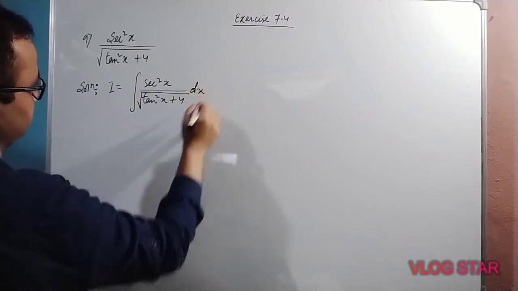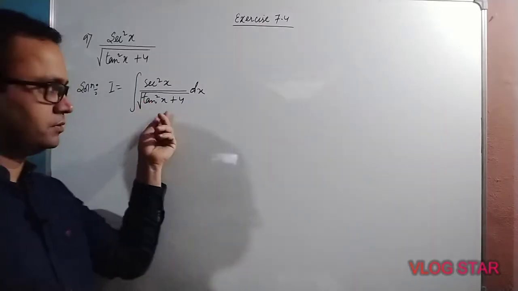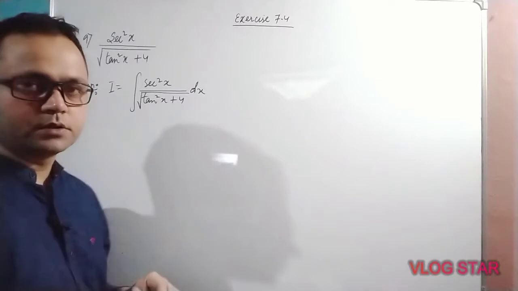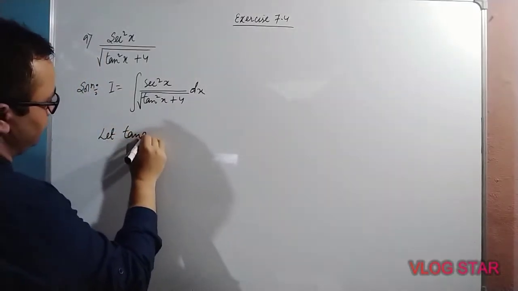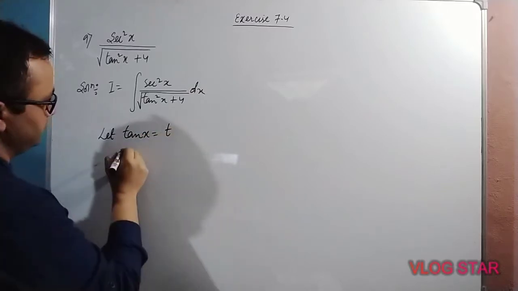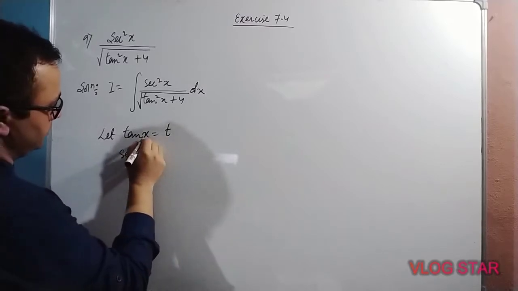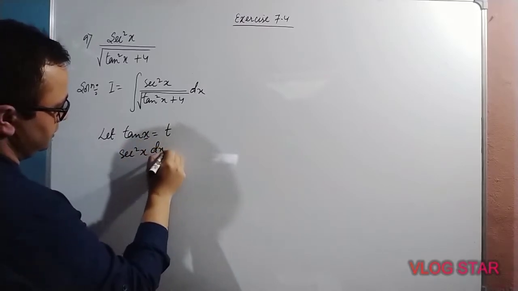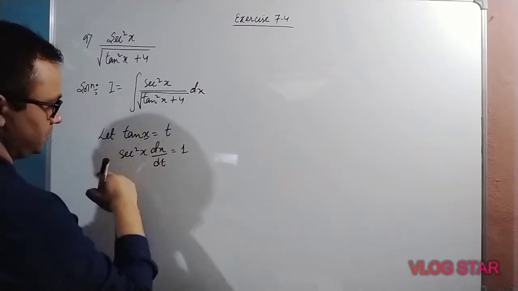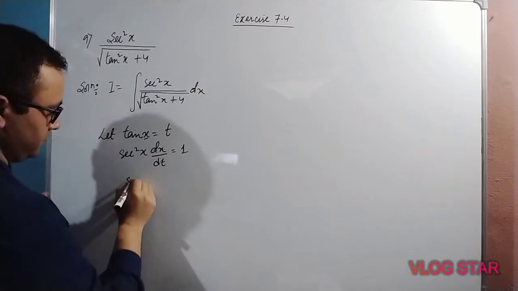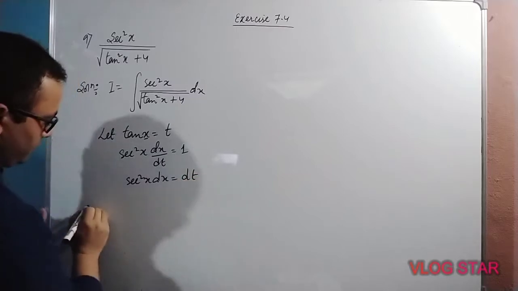Now here if you put tan x as substituent, the differentiation of tan x is sec square x. So let tan x equal t. Now differentiation of tan x is sec square x, so dx by dt equals 1, because the differentiation of t with respect to t is 1. Sec square x dx equals dt. Therefore